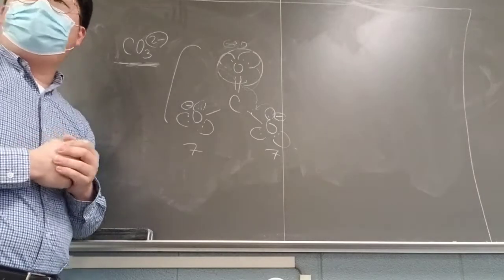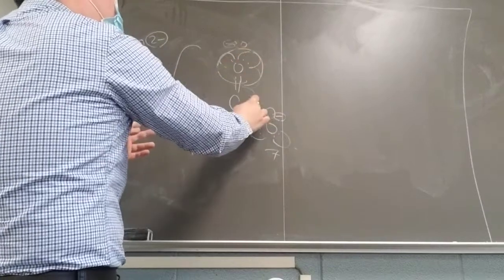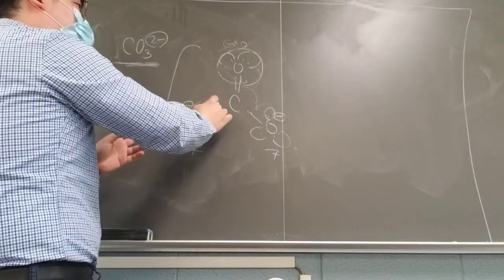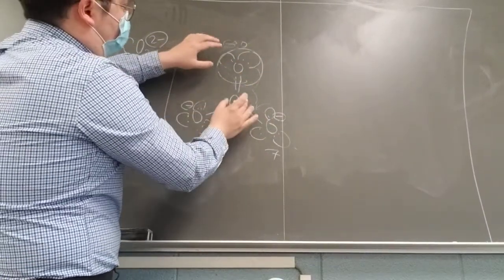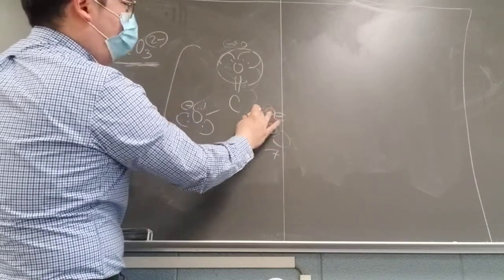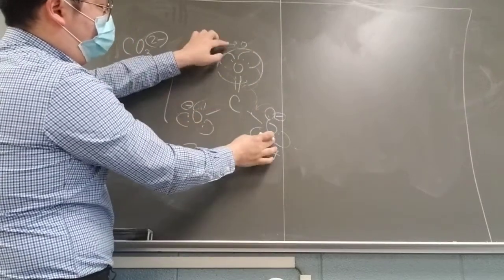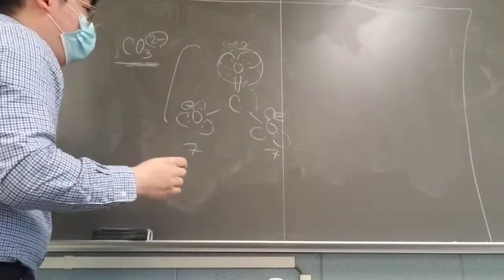Makes sense, right? Eventually you're going to see that the double bond has now moved to here in the chart. You can have a double bond here, or here, meaning if you have a double bond here, you're going to have a negative charge on these 2. If you have a double bond over here, you have a negative charge on these 2. If you have a double bond over here, you have a negative charge over here. Okay? So eventually,